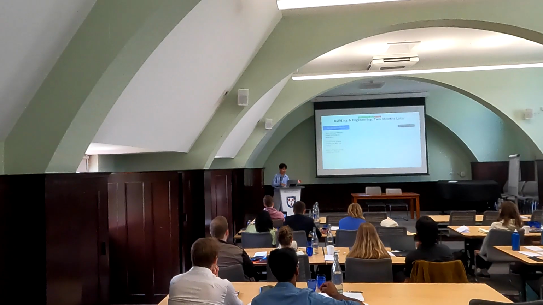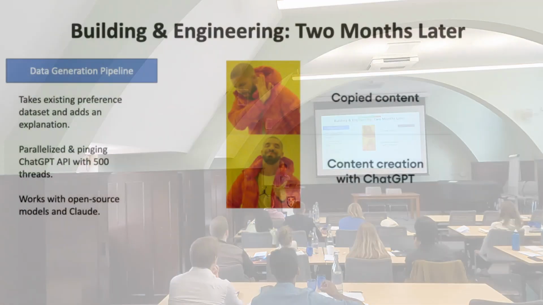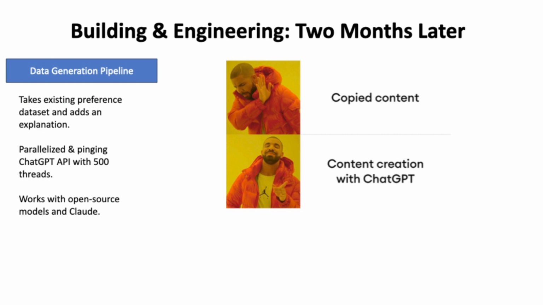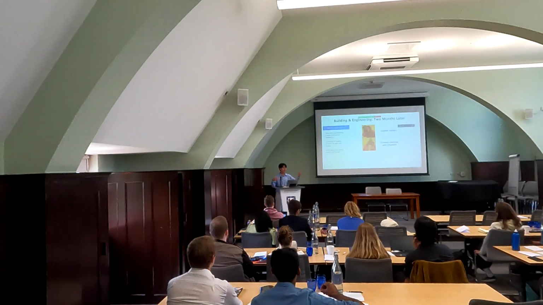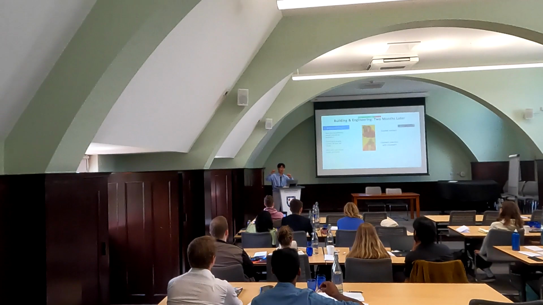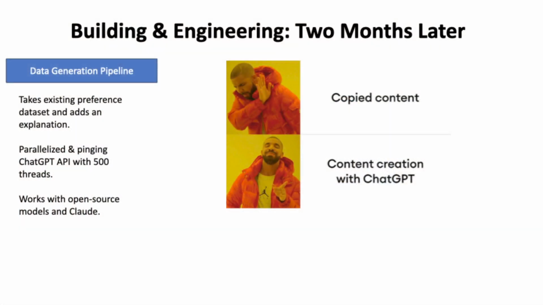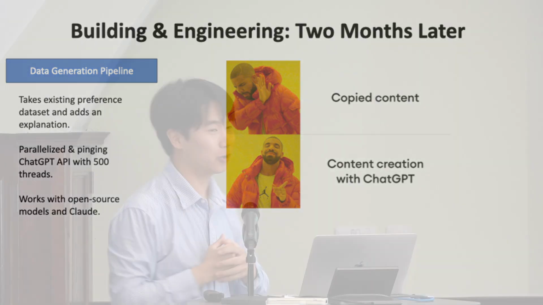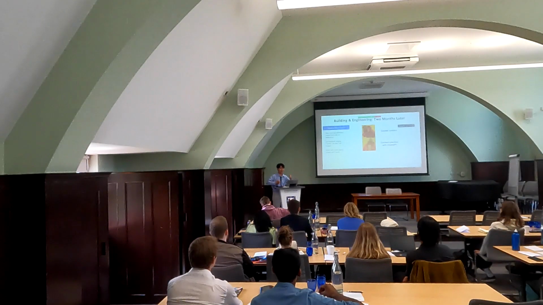And the way in which we add an explanation is through ChatGPT. So basically, the ChatGPT API has a limit of around 3,500 requests per minute. And so Gabe showed me how to parallelize, run 300 or 500 different threads, and then ping the ChatGPT API until it literally reaches the base limit, and afterwards have an exponential backoff function. That way it just reaches the rate limit and never exceeds it. And so yeah, I have this. It also works with other models like Stable Vicuna and Claude, although they don't go as fast, because with open source models, I'm more limited by the amount of compute that I have.